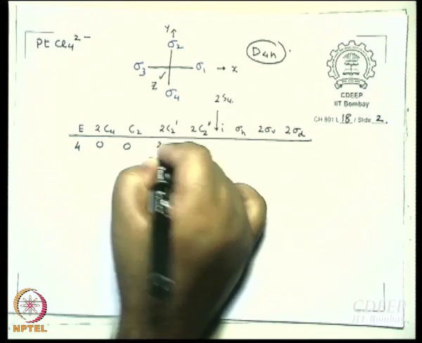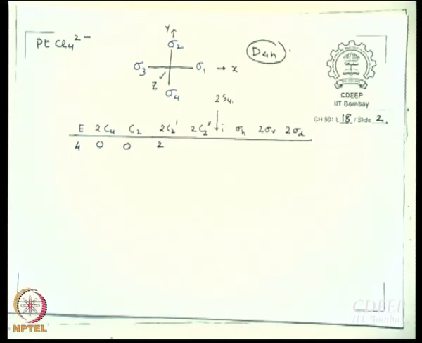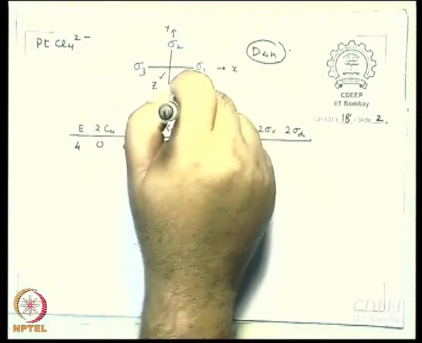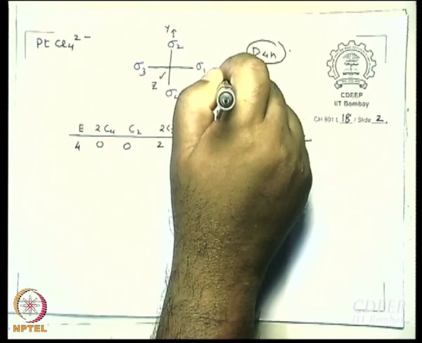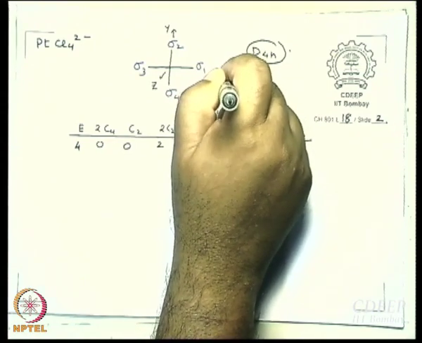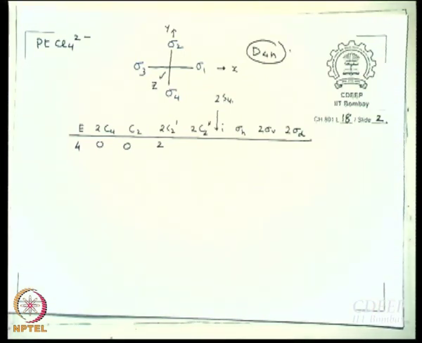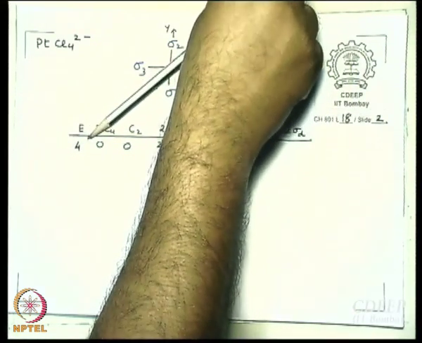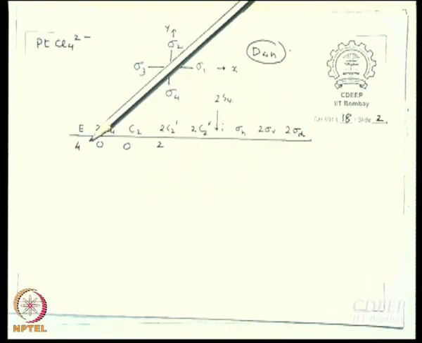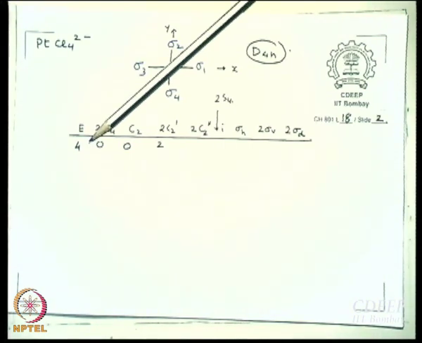So 2. I am using sigma 1, sigma 2, sigma 3, sigma 4, let us say s orbitals of chlorine, as the basis and we are constructing the reducible representation. Okay, fine. C2 double dash, 0, we are all convinced, right? C2 double dash is 0 because this is where C2 double dash is. Sigma 1 goes to sigma 2, sigma 3 goes to sigma 4, right?